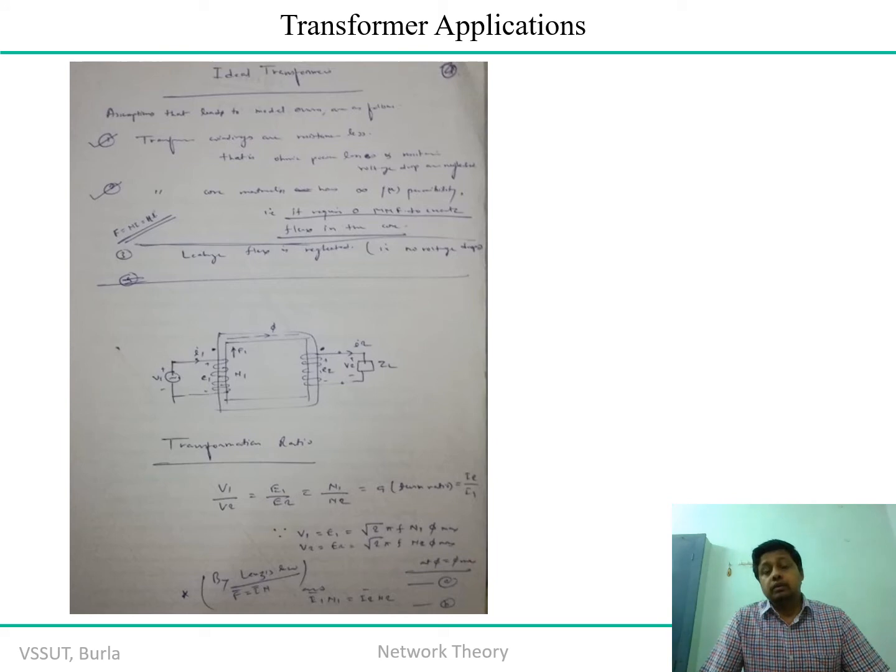So obviously the amount of resistance loss in any transformer ideally should be zero. What do you mean by the ideal resistance loss should be zero? That means the amount of loss due to the transmission of power, that is the ohmic power loss, or the resistance voltage drop, should be negligible, in fact theoretically zero. Now that can only be achieved if the core is made of soft irons, or soft steels, what we call.